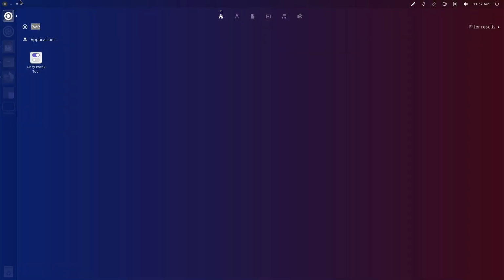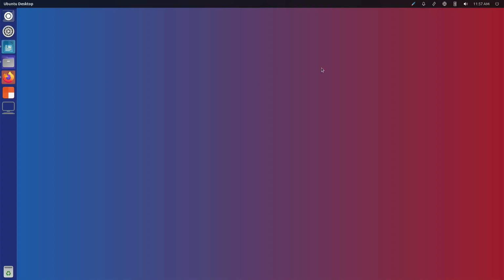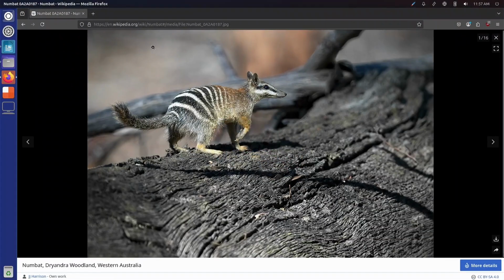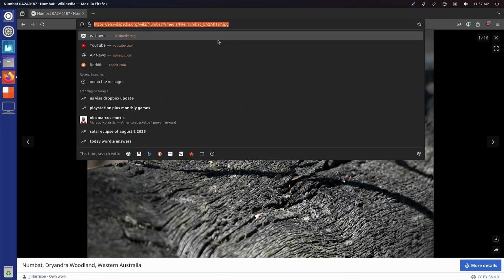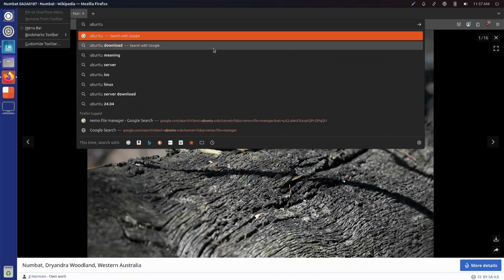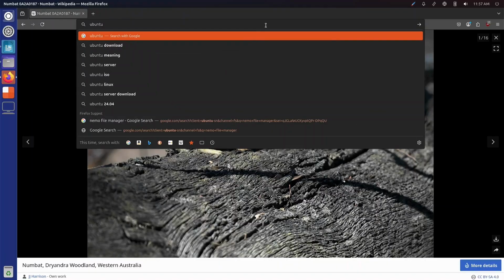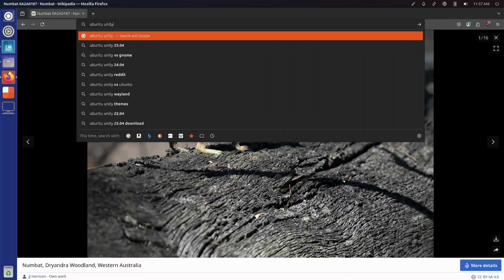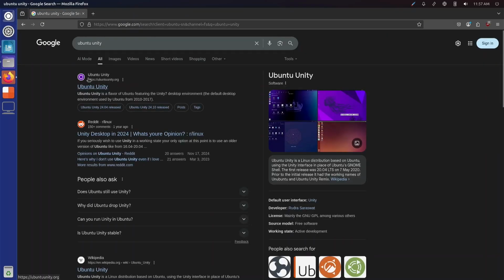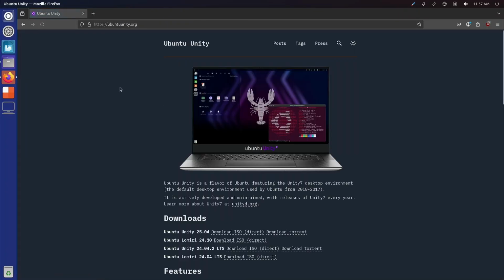But yeah, there still needs to be some quality of life improvements to this, to Unity. No, I don't wanna like rag on the development team. I'm sure they're trying their best, and it's probably a very small team. In fact, if I go to the Ubuntu Unity website, let's see here. Oh my god. Sorry, my mouse is in a weird place. UbuntuUnity.org. I forgot the URL.